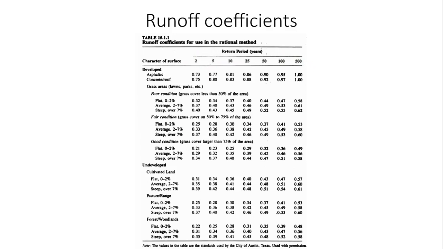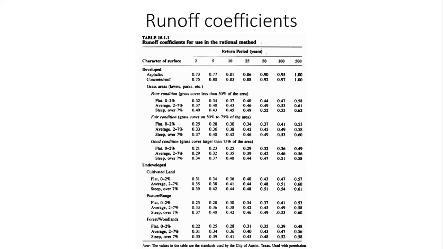We've discussed this in the case of precipitation, right? We discussed return period, T equal to 1 by P, right? So how often you are expecting this kind of a rainfall event. So why will the runoff coefficient be a function of return period? Has anybody thought about that? Can anybody tell me why runoff coefficient would be a function of the return period of the storm?